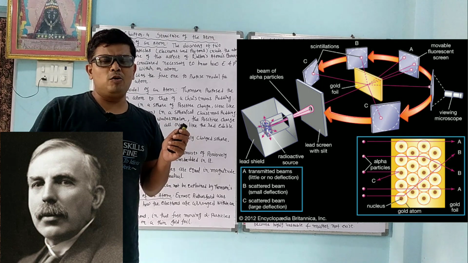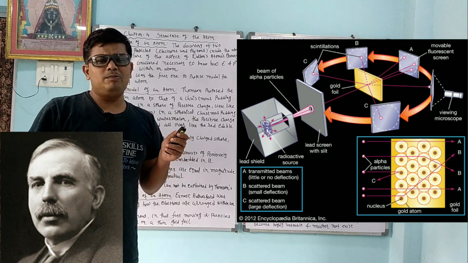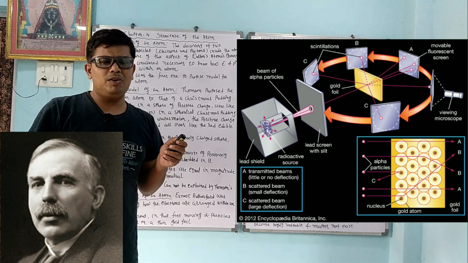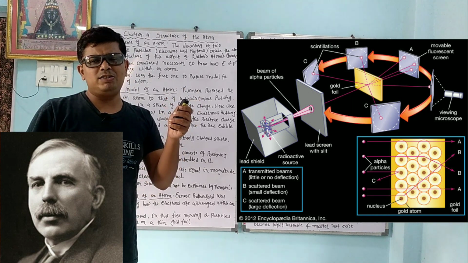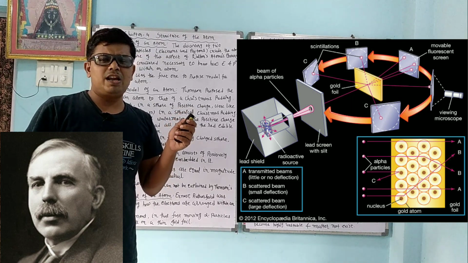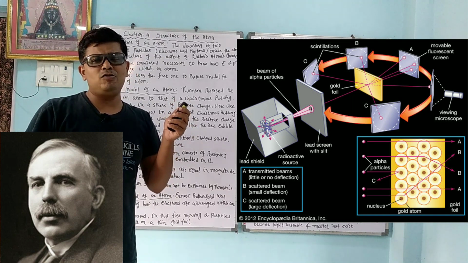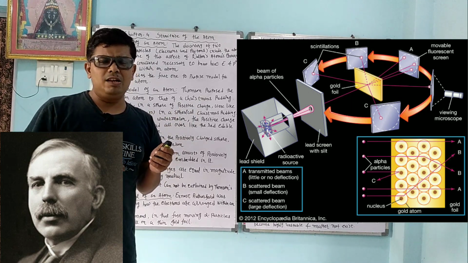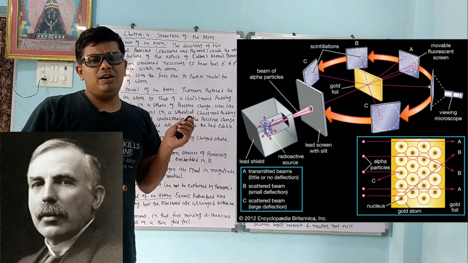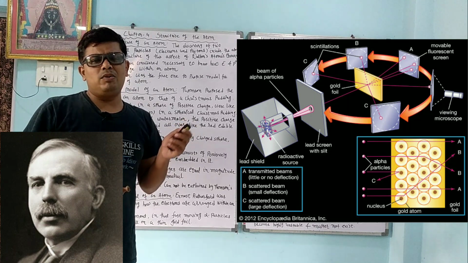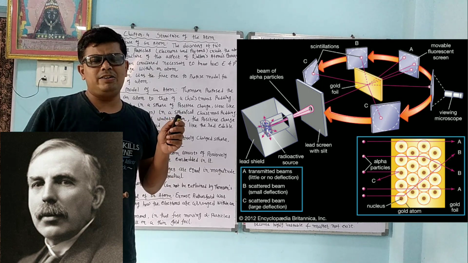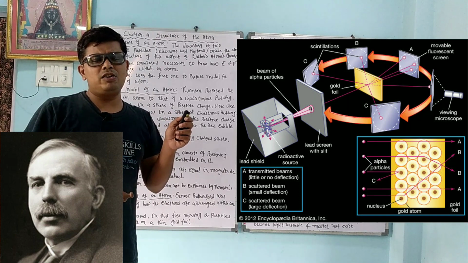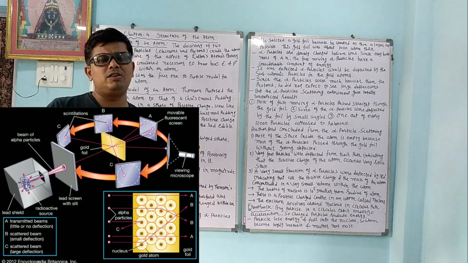From that he concluded that most of the part of the atom is what? Hollow sphere. Because the electron mass is very negligible, alpha rays easily pass. The weight of the electron is negligible, and as the alpha rays have positive charge and electrons have negative charge, there is some attraction, so they easily pass. But out of 1200 or more rays, one ray came back. It indicates that there is a positive charge present at the center. And because of that, what happened? The alpha rays have positive charge and the nucleus also has positive charge, so repulsion occurs